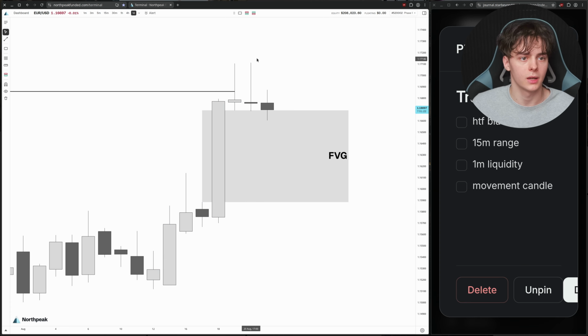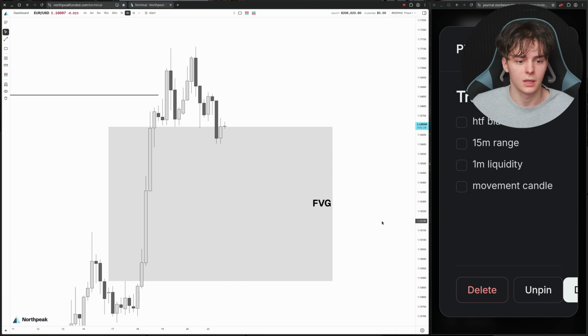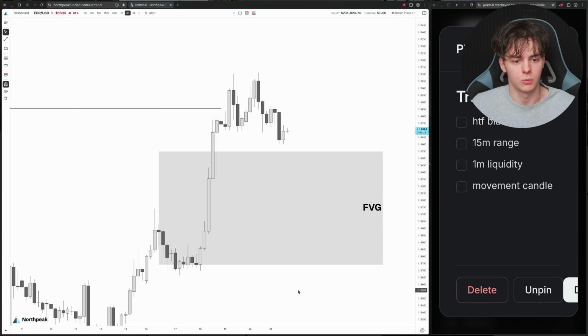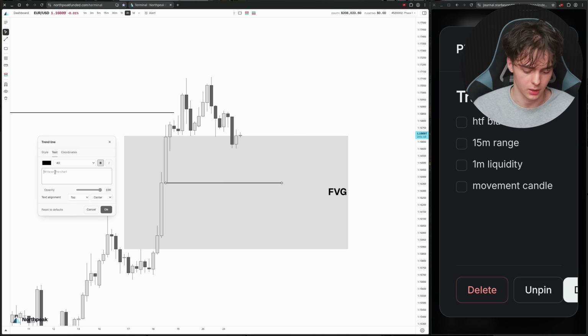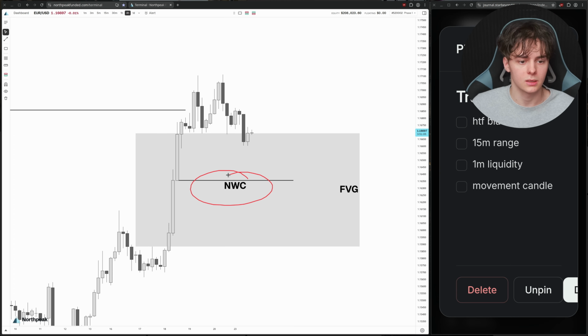Now we can further refine this. We already know that we want to trade lower based on the daily time frame, but let's look at it on the 4-hour time frame. There's even going to be more information, because what can you spot in here? That's going to be our no wick candle. So let me mark it out, no wick candle. If you didn't know and you're new to this, no wick candles usually like to get traded into. Now I cannot tell you specifically why, but just based off data, and I've backtested this over a very